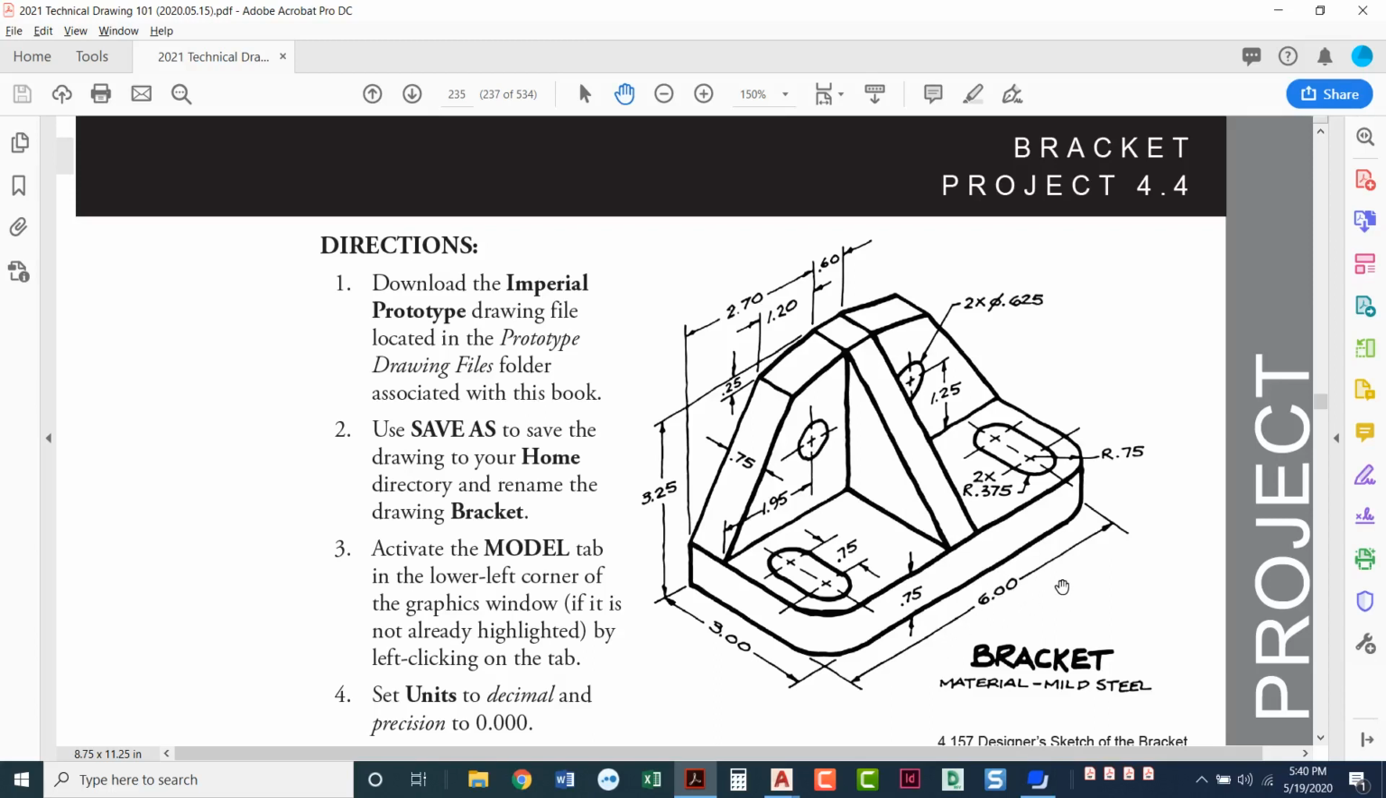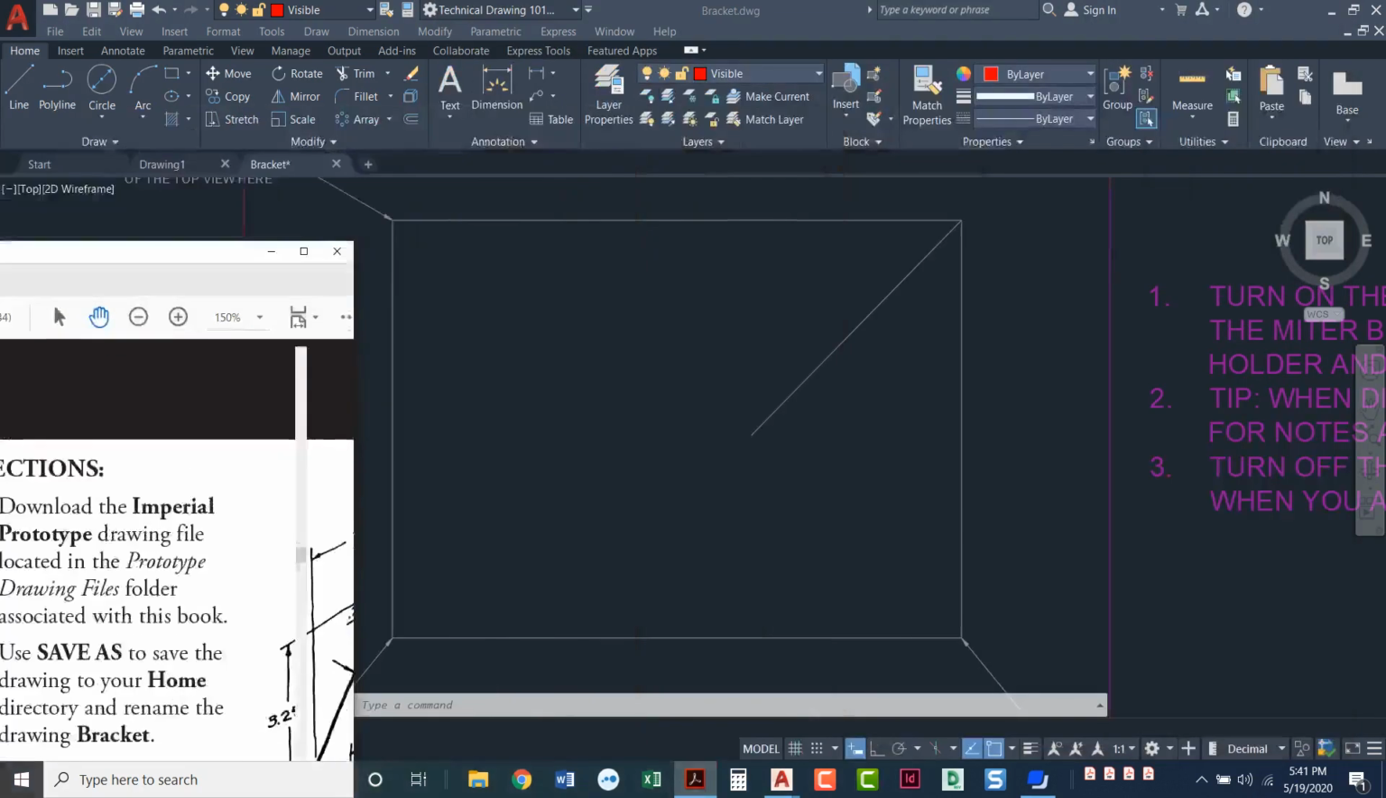So the overall width is 6. The height of this small part here is 0.75. We've got an overall height of 3.25. In trying to locate these circles, we know that it's over 1.95 on the X and up 1.25 on the Y axis. We've got a diameter, and we've also got this angle here that we need to draw. We've got this middle piece that is a 0.6. So those are the dimensions that I'm going to be going by when I try to locate the visible lines